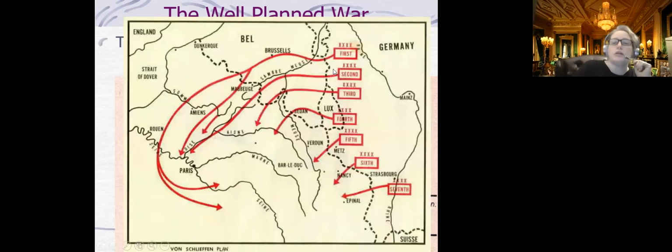And you can see here, this is the Germans. They've got a plan for where every troop is supposed to be, and this group here is supposed to go over here and be all the way to the sea and then swing around and flank behind Paris to catch it very quickly.